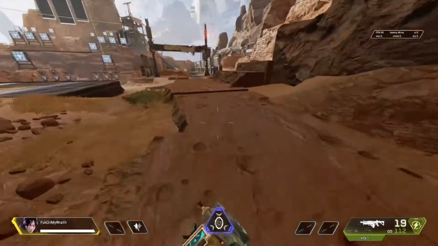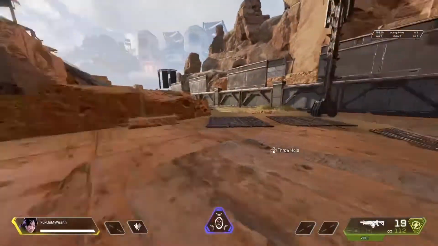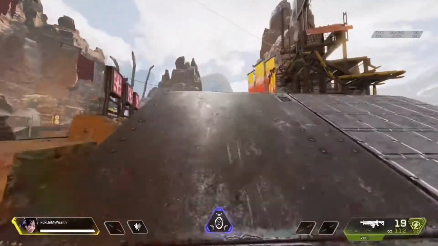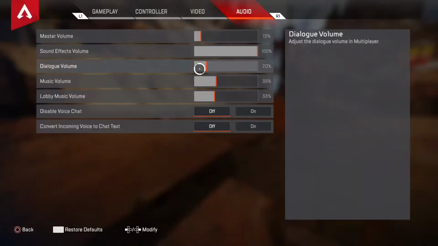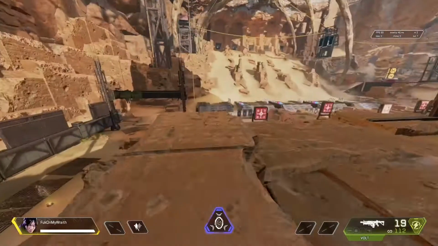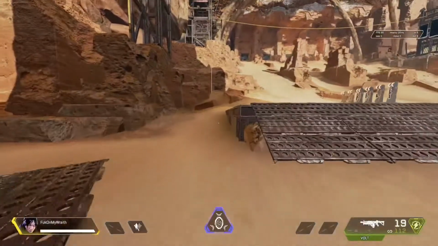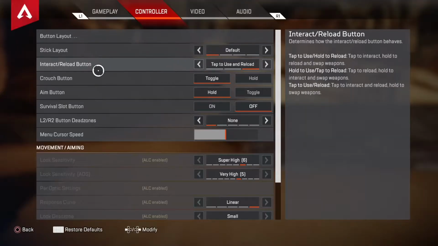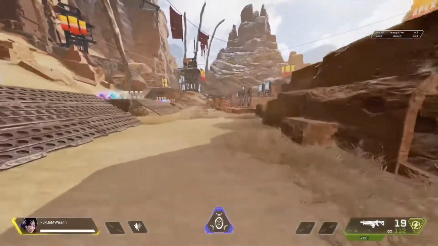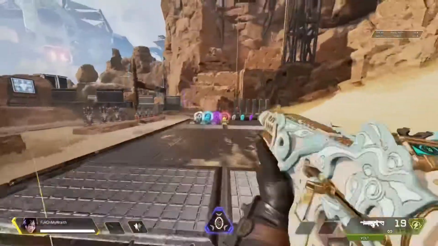So learning bunny hopping is not that hard, but you need to have the right controls, I think. On PC it's really easy with a Ninja button layout, or you could customize your own, but I think button jumper also works. Default definitely won't. It's gonna be really hard if you try to bunny hop on default, or you can just play on hold for crouch, which you just hold and then tap the jump, which is pretty easy to do. But I like toggle because I don't really like to hold it when I'm bunny hopping. So yeah,